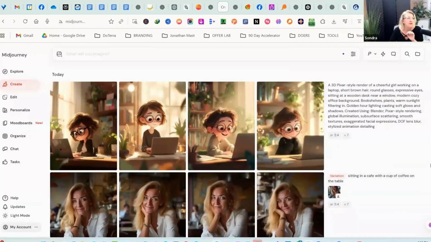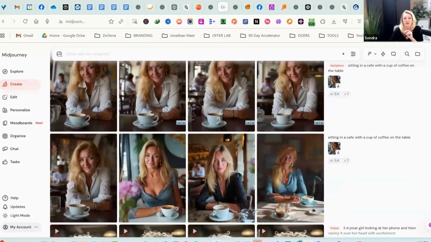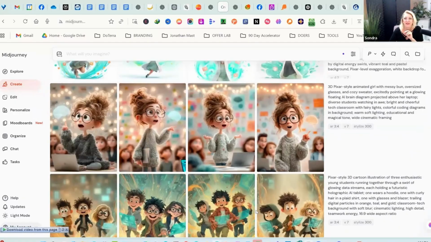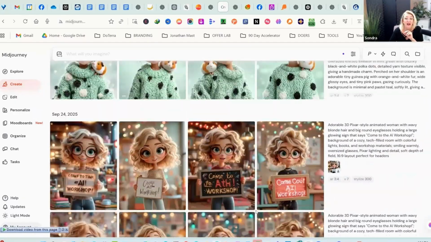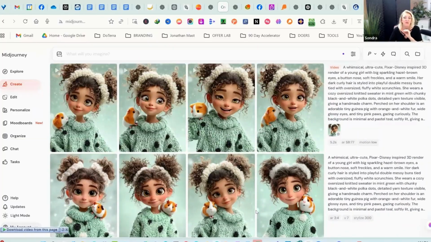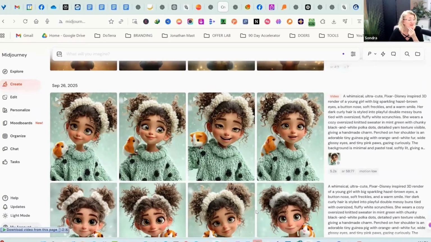Boom. Midjourney. So Midjourney is not free. I think the cheapest way to do Midjourney is $10 a month. But some of you have asked me, Sondra, where do you create all of those cute images like this, right? This is where I do it. And I will tell you that I have got a custom GPT that I paid for